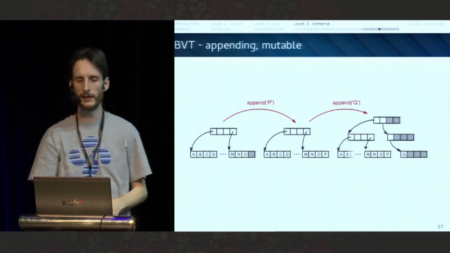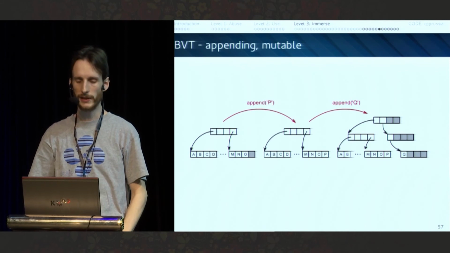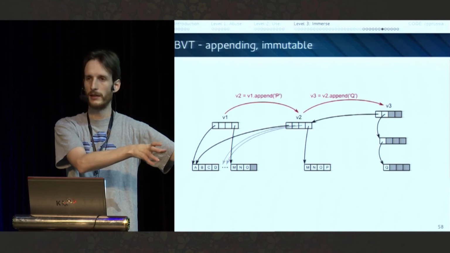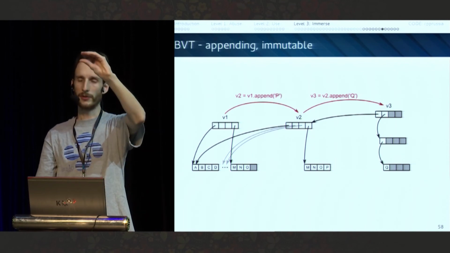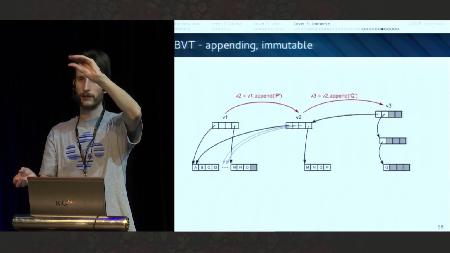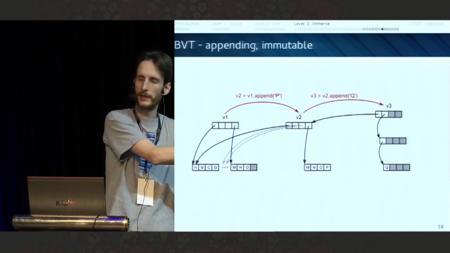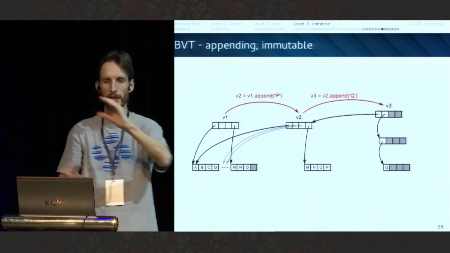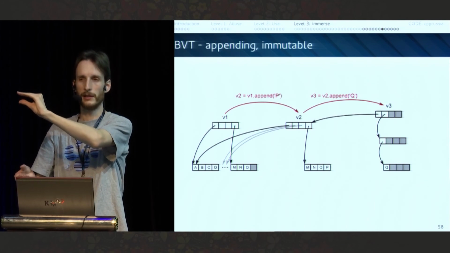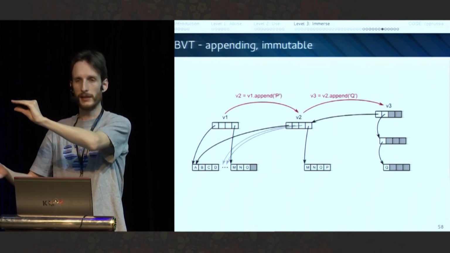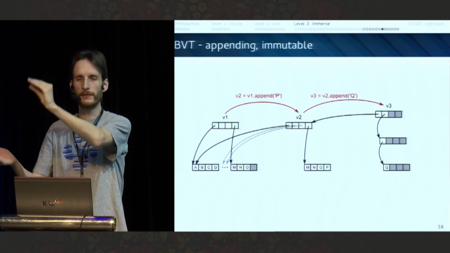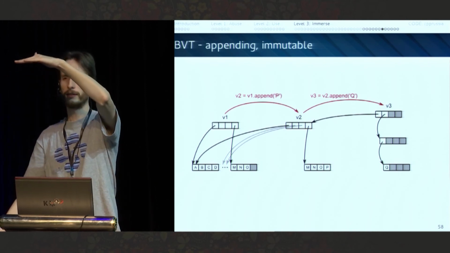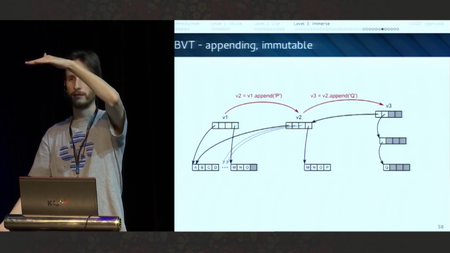So if you wanted to create the immutable version of a BVT, it would look like this. V1 is what we already had. V2 just needs a new root and a new leaf. And the new root will point to all the elements from the previous data structure, from the previous instance. And just the new things will be created. So again, this is appending, which is essentially O(1), allocating at most 10 things on a path and nothing else.